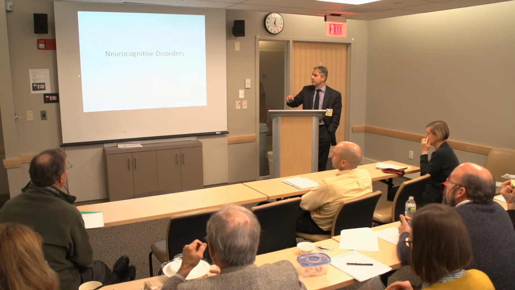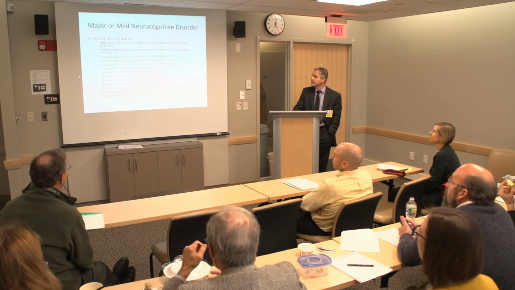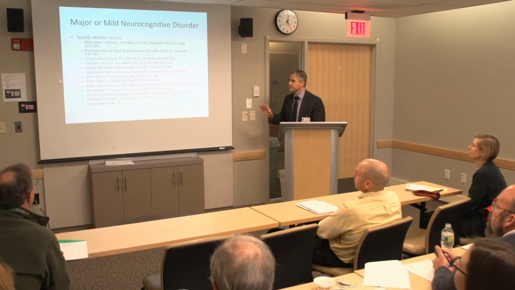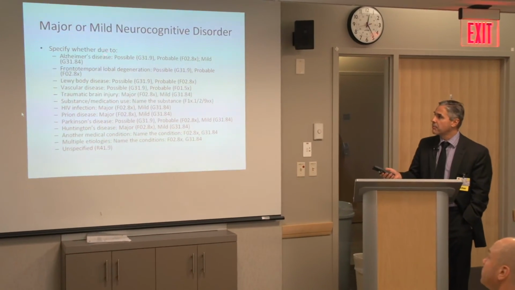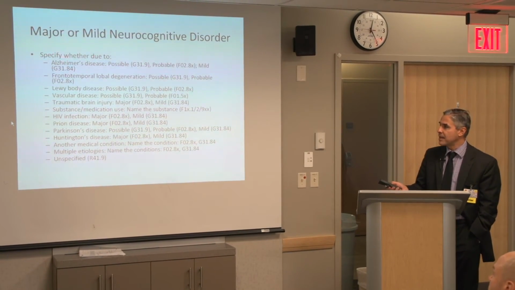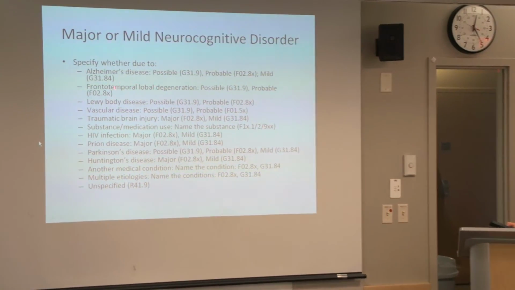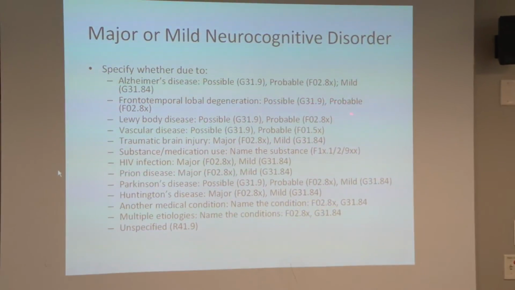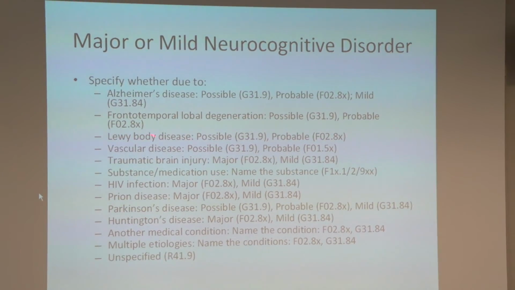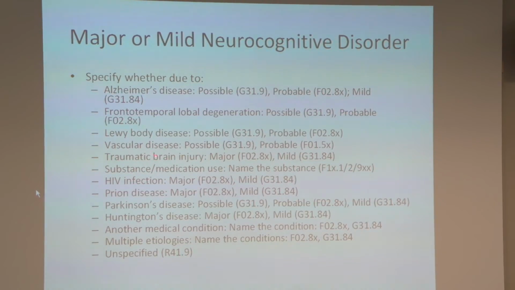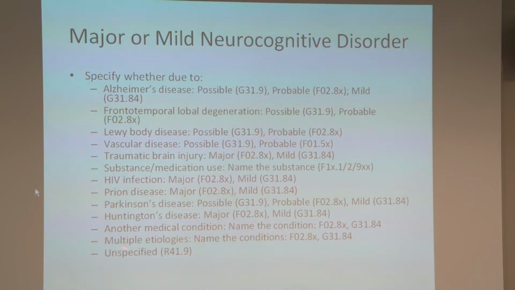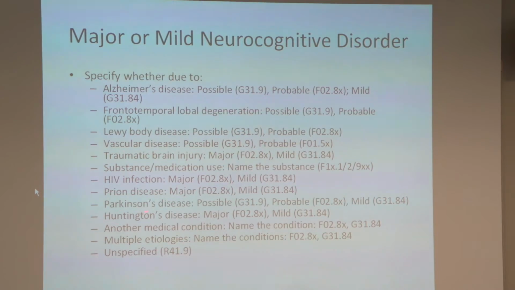Okay, that slide landed in the wrong place. Okay. So then, they now get into what I think is clinically realistic, possible versus probable for Alzheimer's disease, frontotemporal lobar degeneration, possible or probable, Lewy body disease, vascular disease, traumatic brain injury, substance, HIV, prion. These are all the listed neurocognitive disorders in the DSM, and if there's something not on the list,